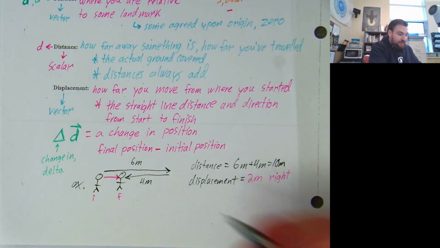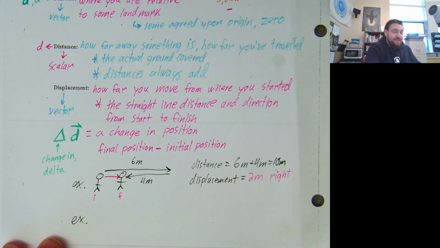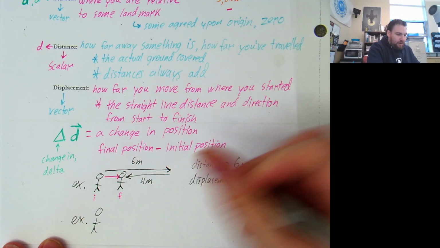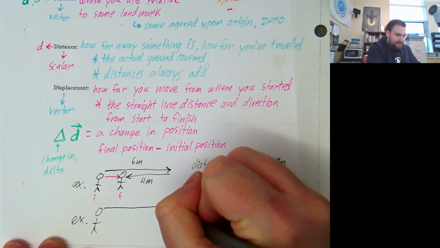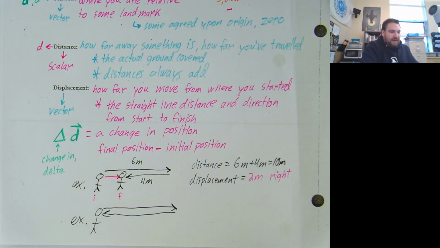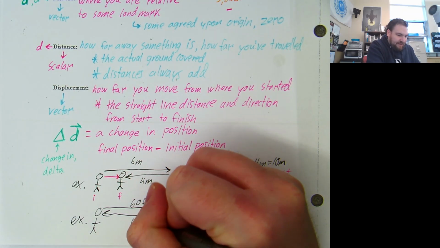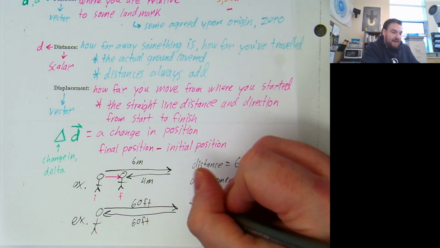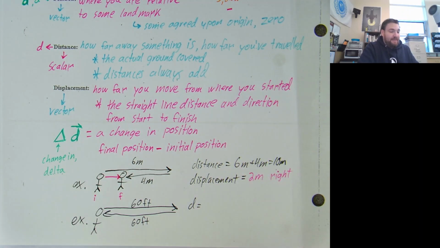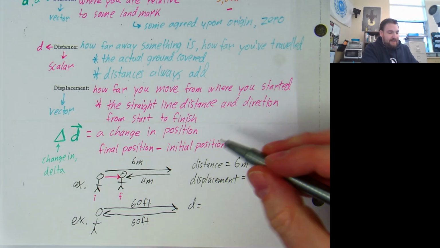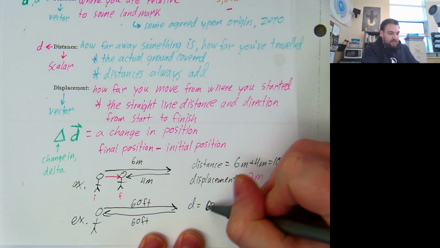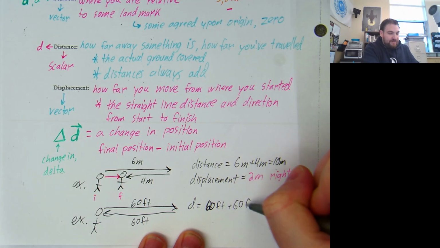Another example I was going to give you, which I will give you now. Same stick person. If they go out and they come all the way back, which is something that we did talk about, I demonstrated this. They got 60 feet out. They came back 60 feet. This is literally what I did. What is the distance? And remember, distance is denoted by the letter D, no arrow. What is the distance traveled by our stick person? Distance is add. 60 out, 60 back is 120 feet total. 60 feet plus 60 feet is 120 feet.